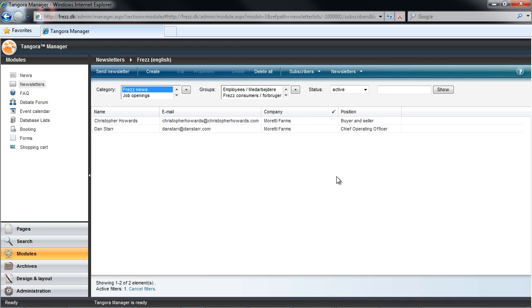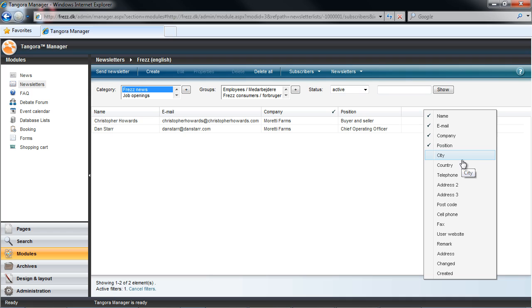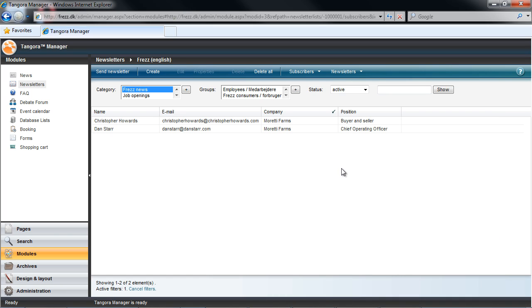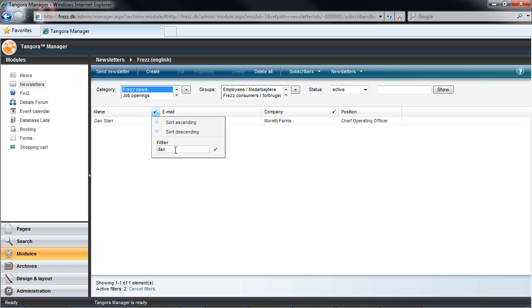So if you have a specific offer of some sort to just this company, here's a tool that you could use. Or perhaps you have a specific offer that applies to a specific region and you want to filter a particular city name which appears in an address. Or maybe you want to give a special offer to all your new subscribers who have subscribed within the past 3 months. Okay. I could also combine filters, so if I wanted to make a combination of factors, I could do that. For example, I could choose all subscribers whose company contains Moretti here and whose name contains Dan. Okay, maybe not the most realistic case, but it demonstrates the principle nonetheless.